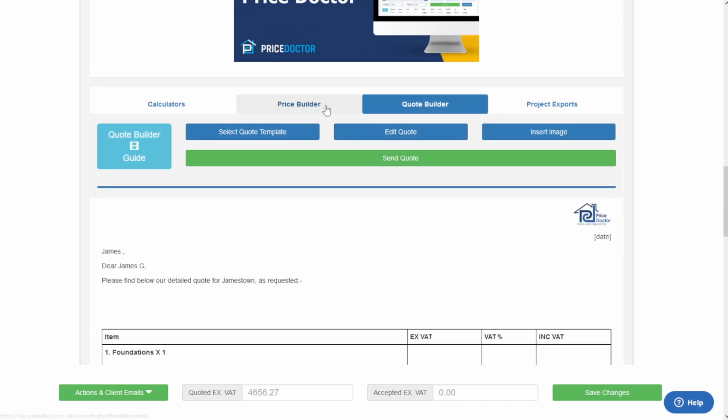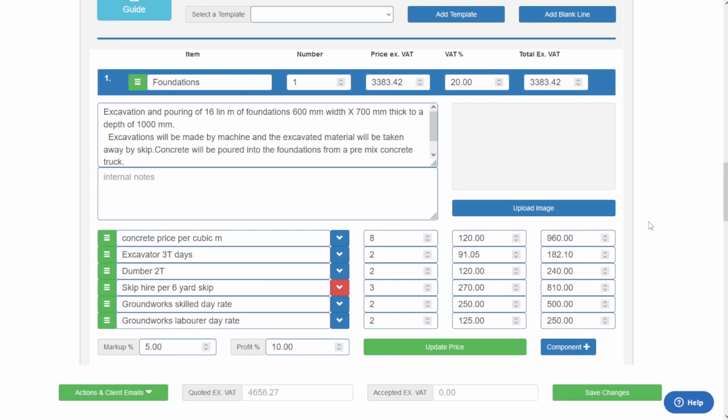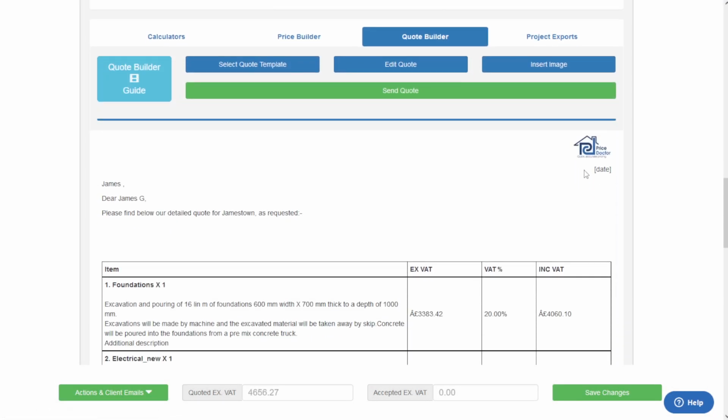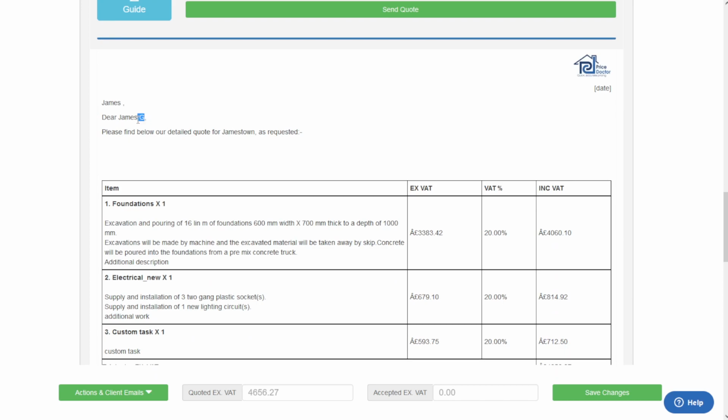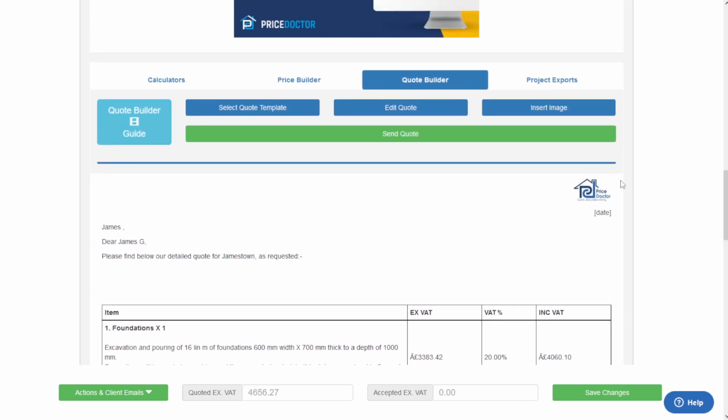So we save that. Say we go back to our price builder and add additional work, there we go, save that. Confirmation, and go back to the quote builder. I can see our change of James G is still here, and the additional work from the breakdown has now been added in. So once you're happy with your template, what you can do is click send quote,